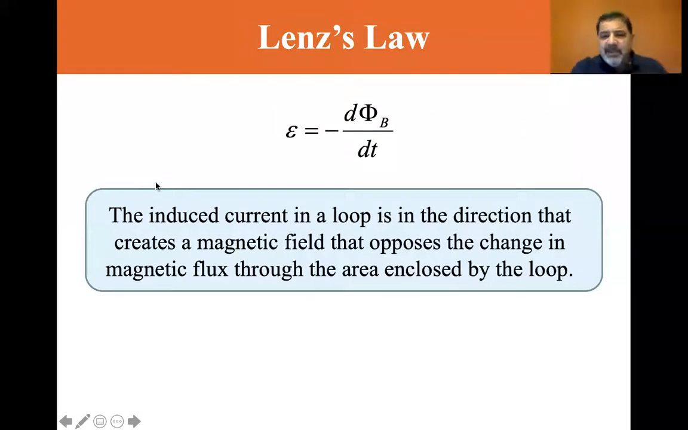Let's go back to the share. We'll read it once again. Now that you've had that little visual, the induced current in a loop is in the direction that creates a magnetic field that opposes the change in magnetic flux through the area enclosed by the loop. So it depends on whether the magnetic field is growing or collapsing. Let's do another little